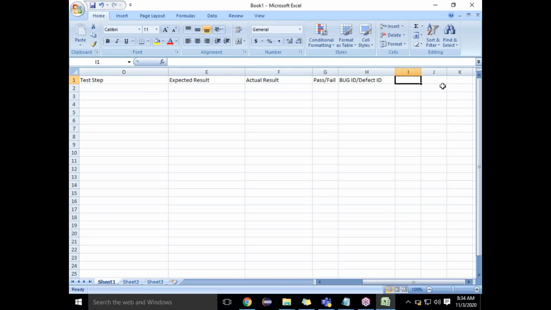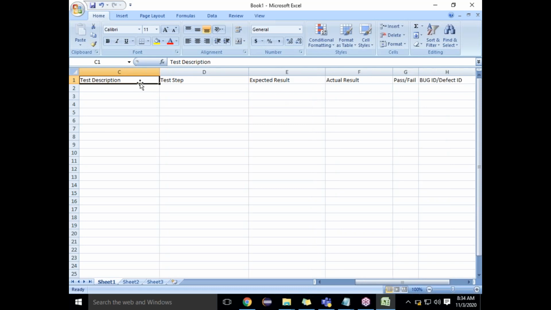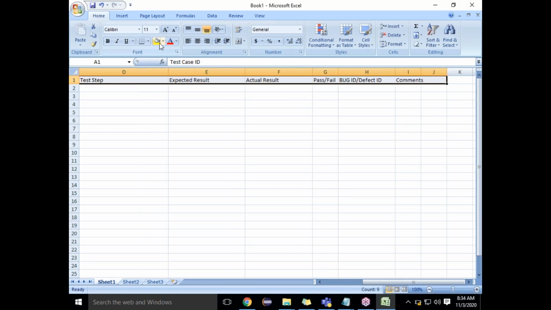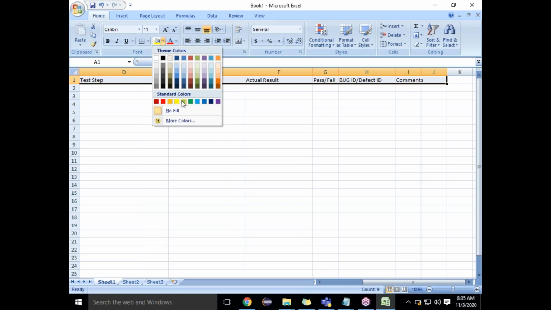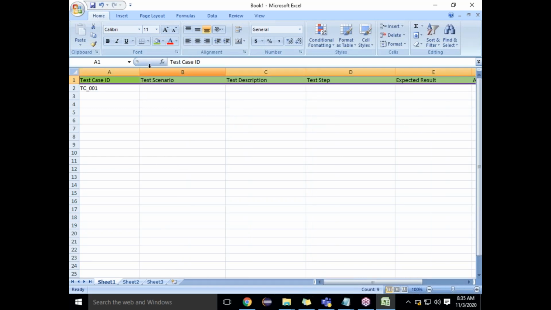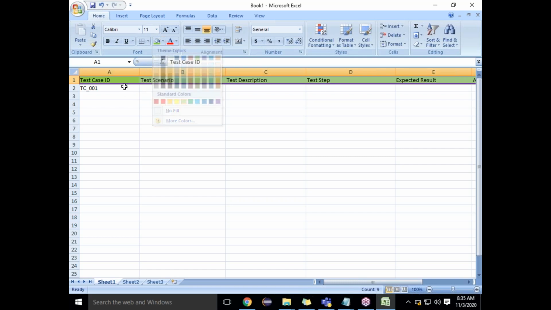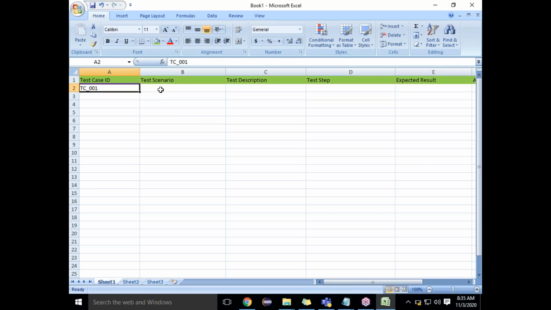Then you will have something called comments. Why is it happening? What is the reason it has happened? So this will be the normal template for every test case. You can see, right? Test case ID will be from Jira. No, for test case ID, you can mention any test case ID. Okay, so you have to start writing like this.